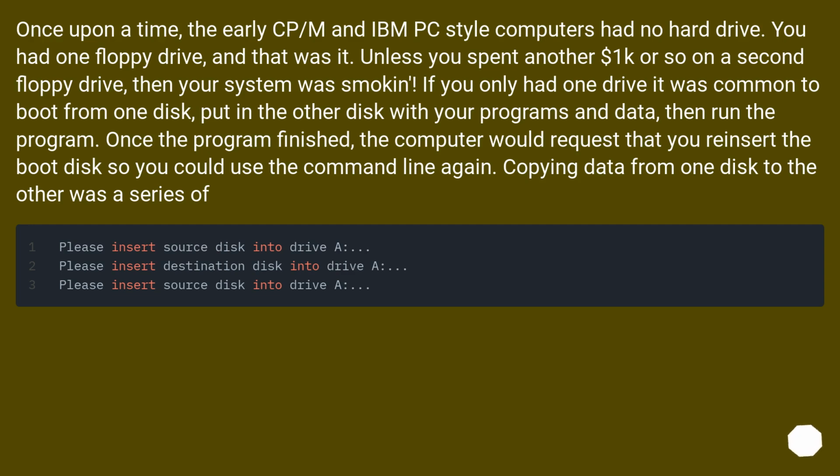If you only had one drive, it was common to boot from one disk, put in the other disk with your programs and data, then run the program. Once the program finished, the computer would request that you reinsert the boot disks so you could use the command line again. Copying data from one disk to the other was a series of